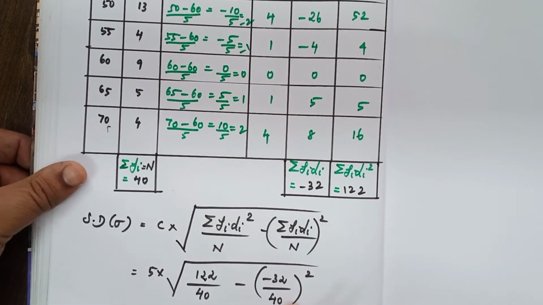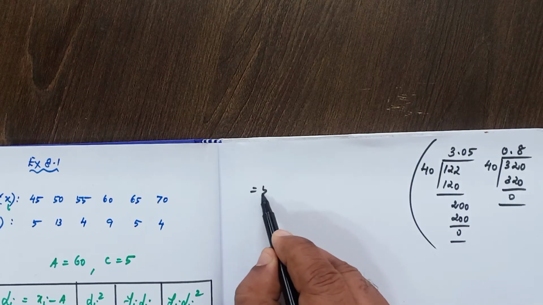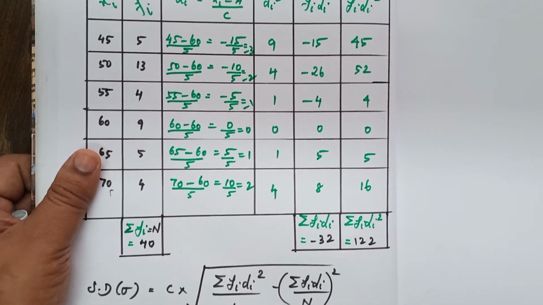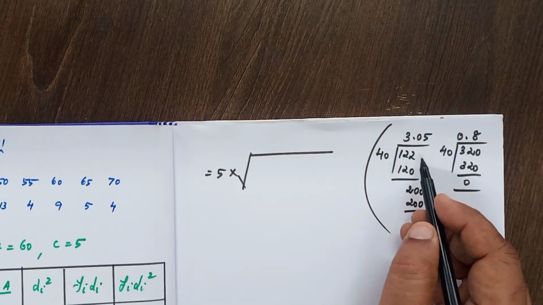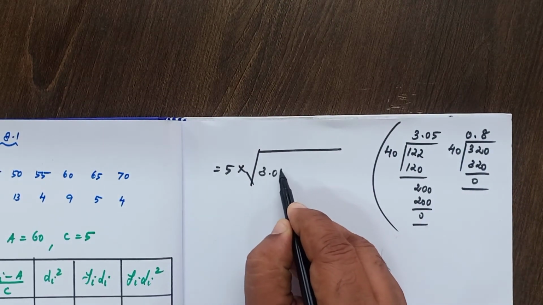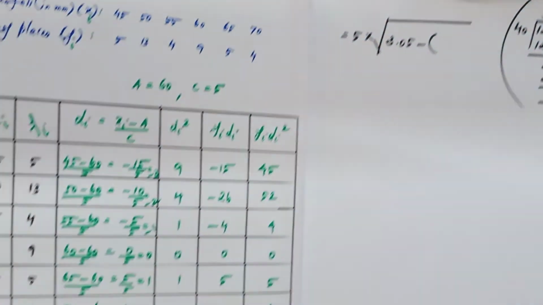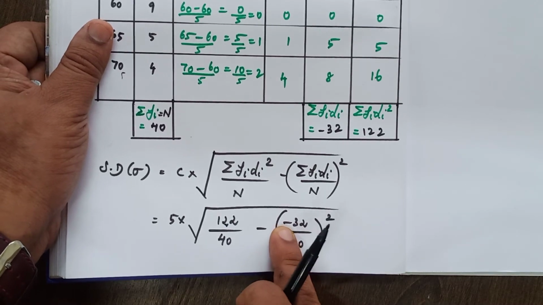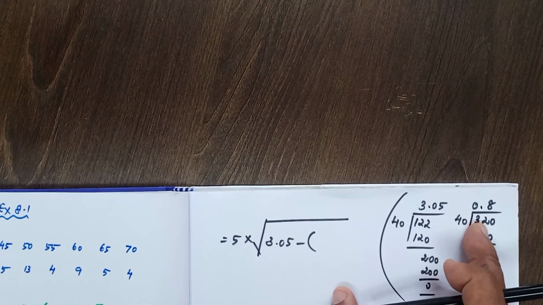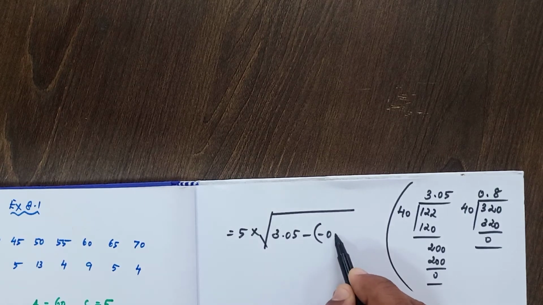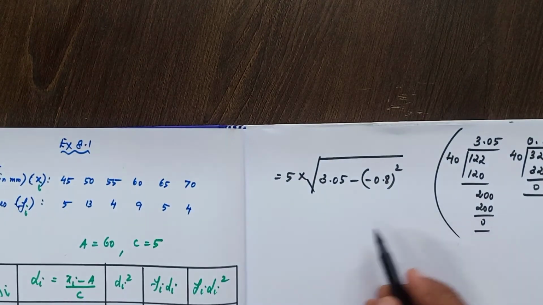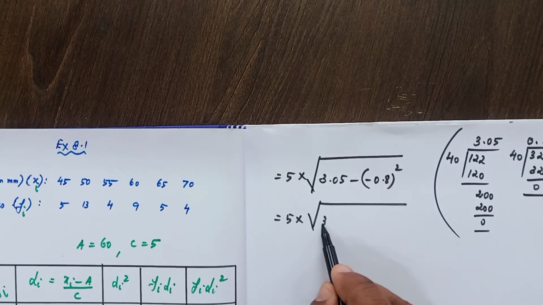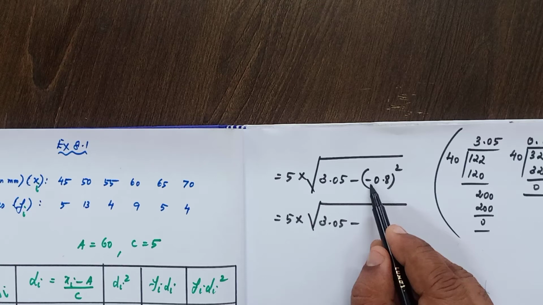So 5 into square root of 122 by 40 value is 3.05, minus, first write minus 32 by 40 value is 0.8. So minus 0.8 square. That is equal to 5 into square root of 3.05 minus, we are not supposed to